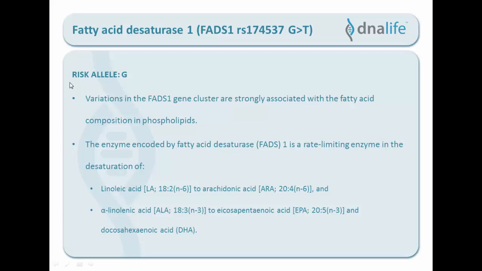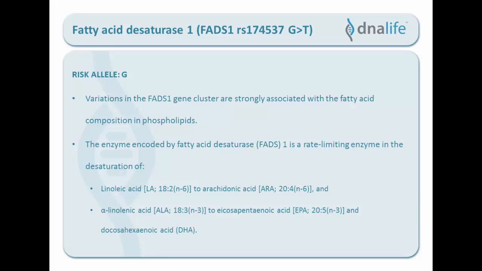And so just to show you again, variations in this FADS1 gene cluster are strongly associated with fatty acid composition in phospholipids. And the enzyme encoded by fatty acid desaturase 1 is a rate-limiting step in the desaturation of your linoleic acid to arachidonic acid, as well as your alpha-linolenic acid to eicosapentaenoic acid, which is your EPA, and your docosahexaenoic acid, which is your DHA. So it's converting those fatty acids to your longer chain fatty